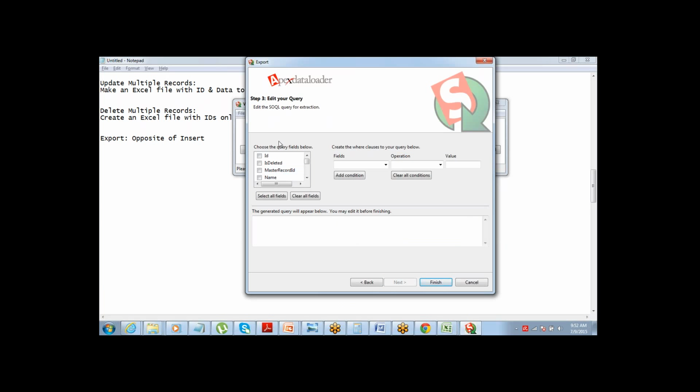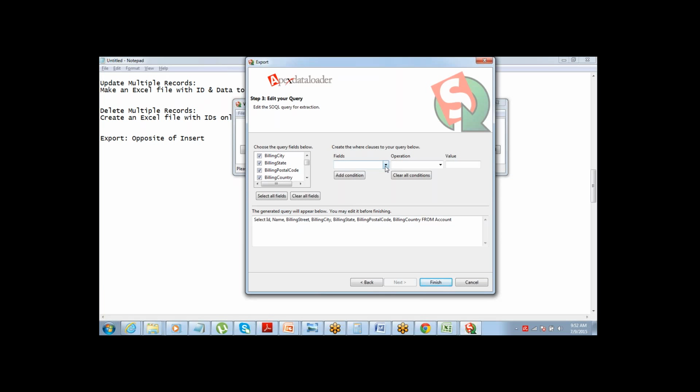Here you have the option of selecting which fields you want to export. Let's say I want to export the name, ID, billing street, city, state, postal code, country. All the fields that you need to export, you need to select them here.